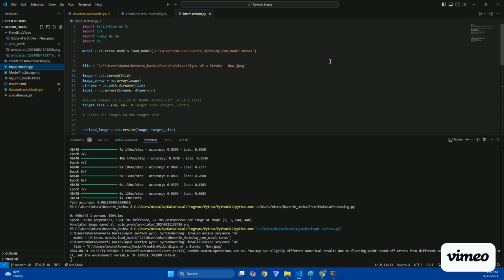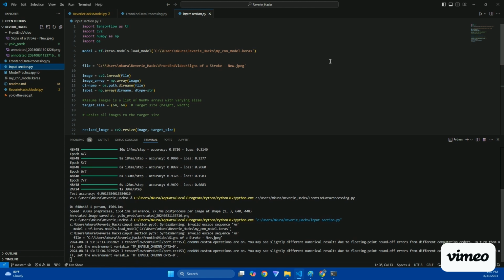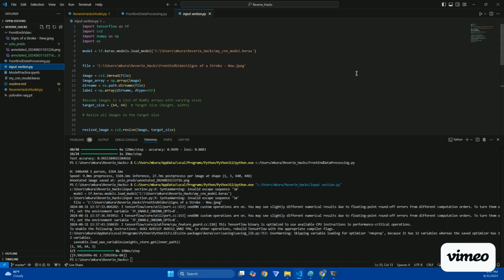So it's running, and we will see the accuracies. And here it's showing a 96.99% accuracy of a stroke, which the person in the image does have, and it's showing a 3% accuracy of the person not having a stroke. So we can confidently say that the program is